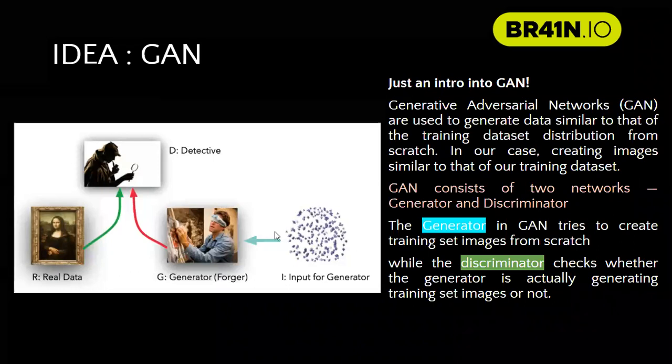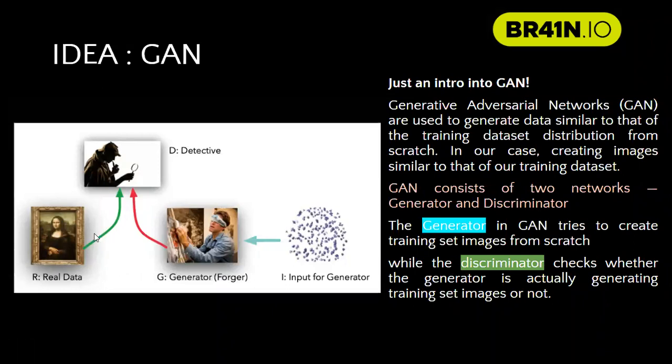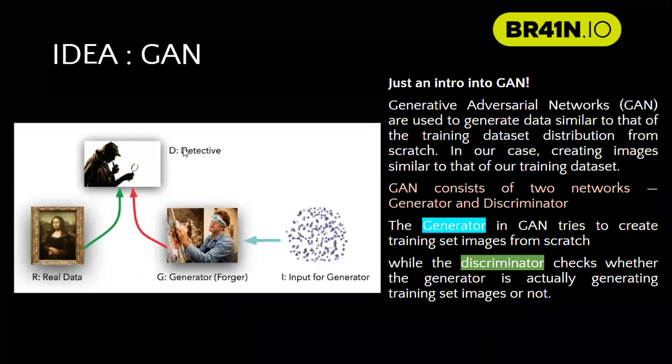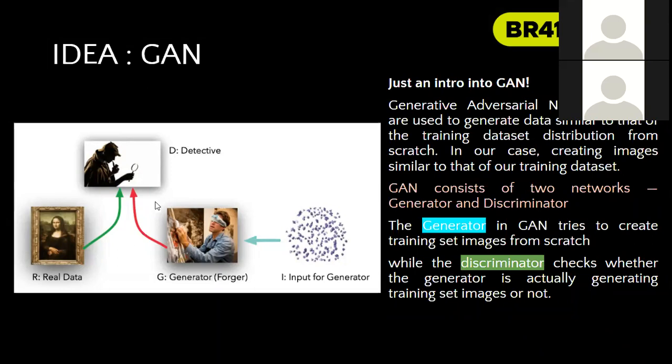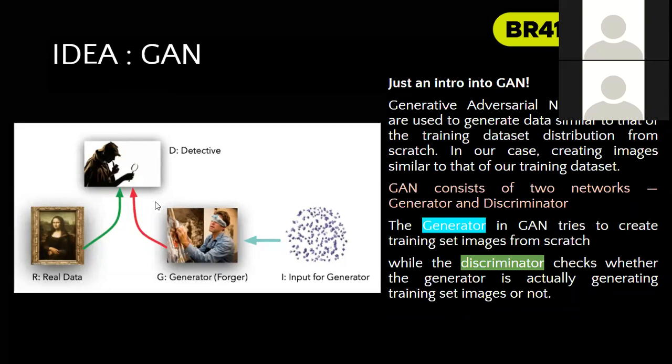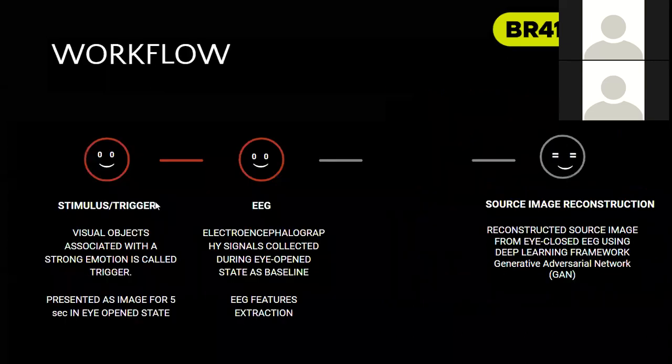Here you can see in the picture that input is given to the generator. The generator is generating some image, and there is some real data with the green line. The discriminator will try to decrease the loss between both the images, and in this way new images will be generated. We are leveraging this technique to generate images from our data while we dream or sleep.